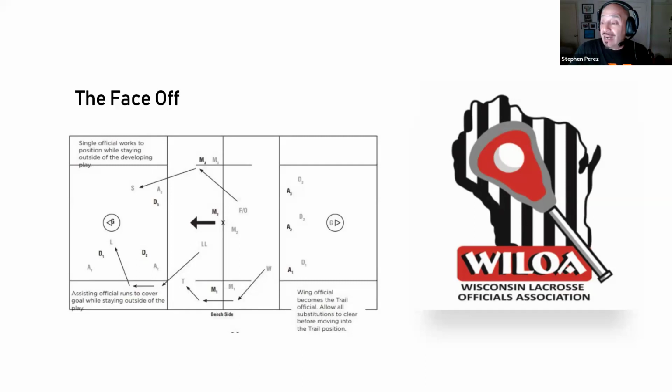If you have an opinion and you are a referee, we can talk about where you want your help to stand, because people have different opinions and different experiences putting people in different places. And then where we are at the face-off, if we are the administering face-off official or the single side official. So the single side official is going to put the ball down, give their commands, and